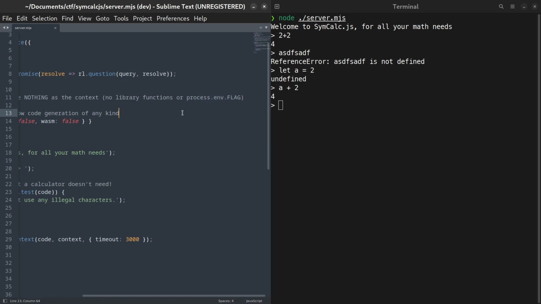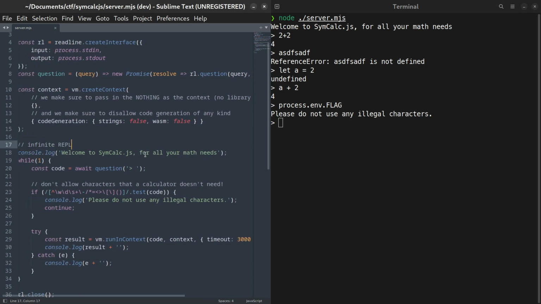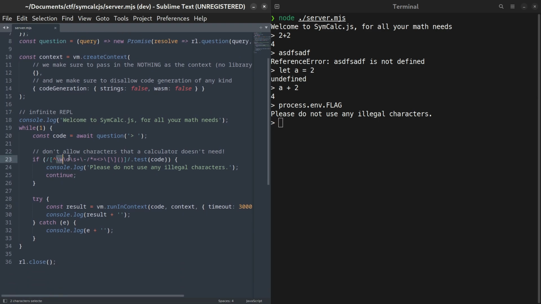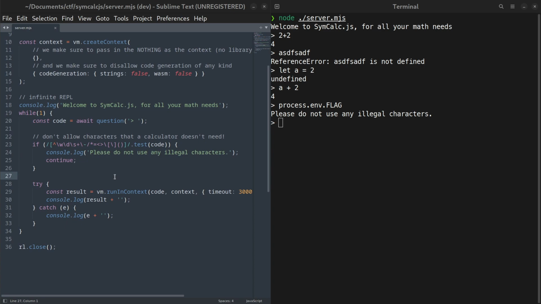We can try to access it in our REPL, but we immediately get told off for using illegal characters. We can actually see the parts of the code that enforces this check. It tests against a list of allowed characters, and if it finds anything else, it prevents the execution. This is a common restriction in jail-type CTF challenges, and the solution is often to abuse esoteric syntax features of the underlying language to do things that would otherwise be impossible, like accessing object members without using the period character.